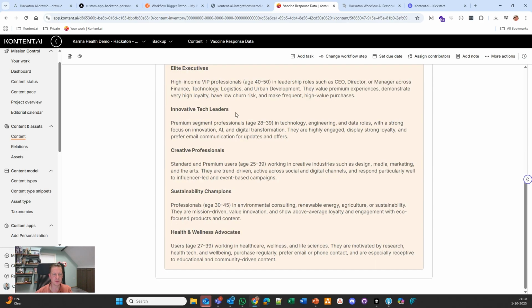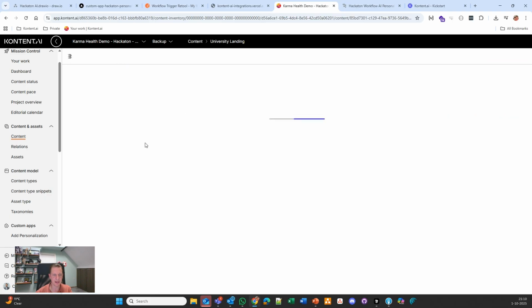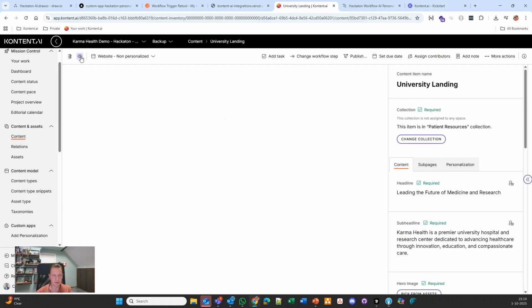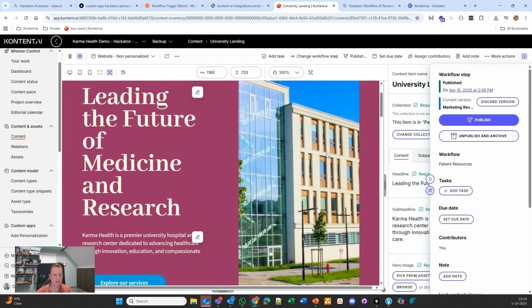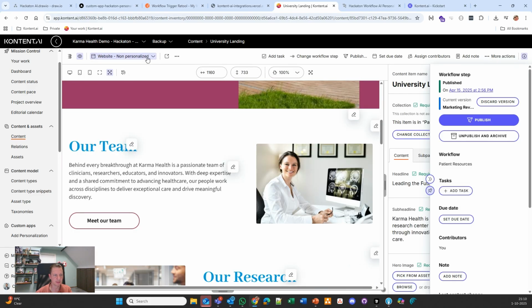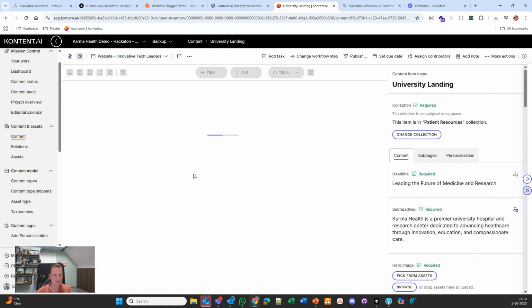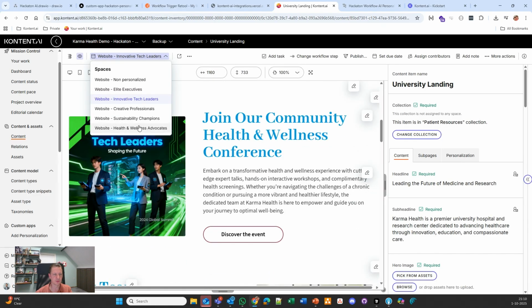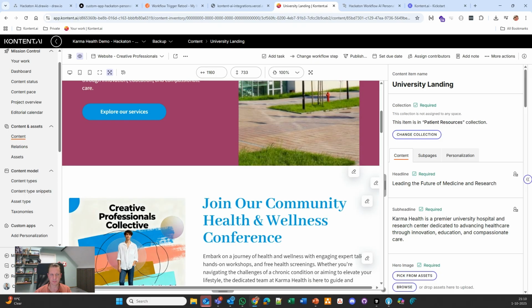description. And here's how you could preview the content now. If I go to the landing page, on the landing page I've added a couple of call to actions and a couple of banners. If you preview the content for the non-personalized one, it will show no personalized banner, just a couple of general banners. So here you see our team. But if I switch, for example, to the innovative tech leaders, it has an innovative tech leader banner specific only for that persona. Or if I go to creative professionals, and what it does is it changes the URL, and of course on the front end, you can then change the preview based on the persona,